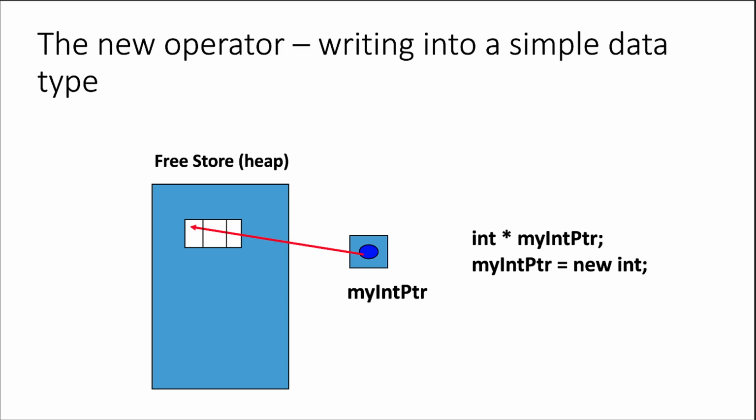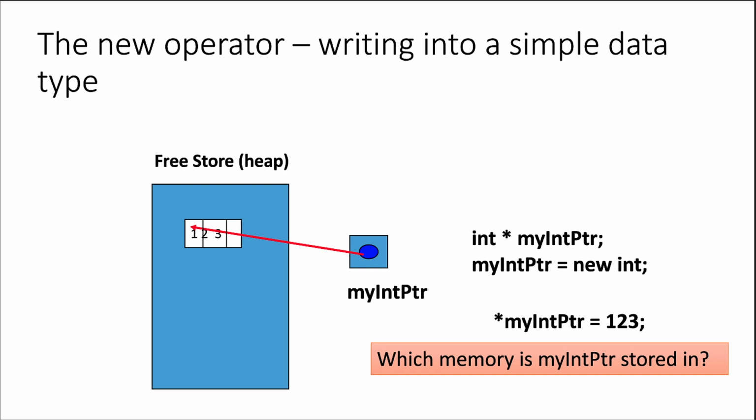So now this is done. That is some 4 bytes allocation is done, and this is done. Now when I say star my int ptr equal to 123, what will happen? This memory will be filled now with the value 123.